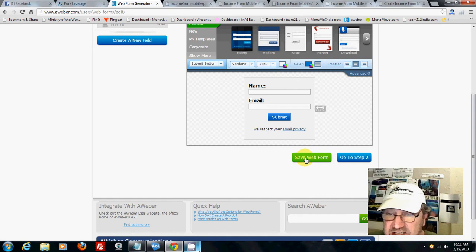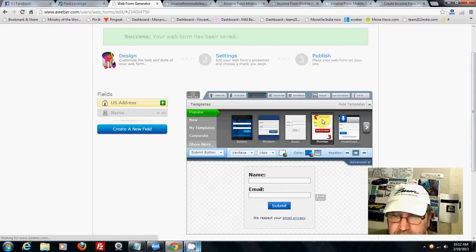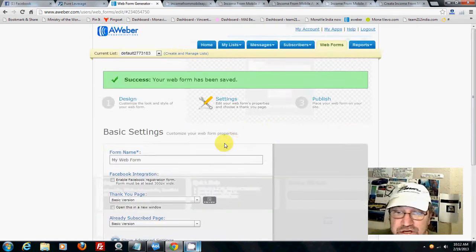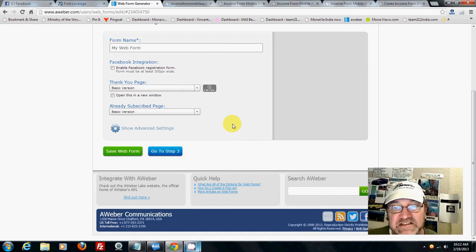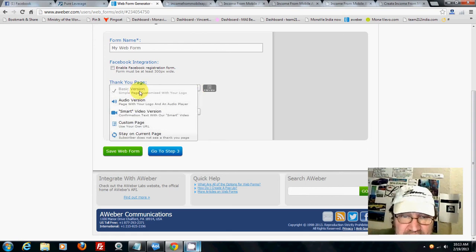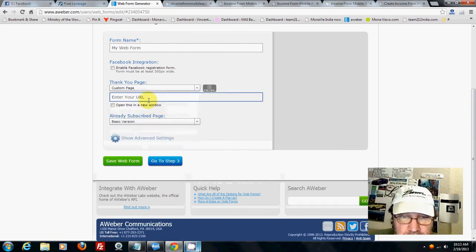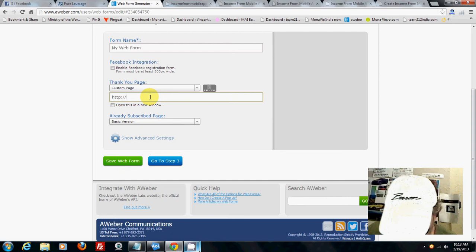Then you got to click to save the web form. Okay, then you go to step 2. Now this is the important part, you guys. In step 2, if you want your capture page, when people enter their name and email, to go to your iLiving app page, iLiving app / your username, then you just put that link right in here. Go to custom field, and then you've got